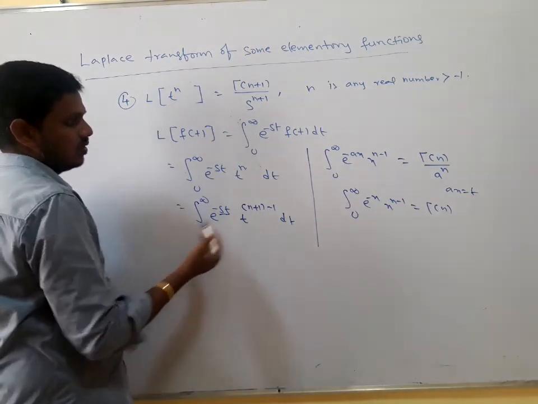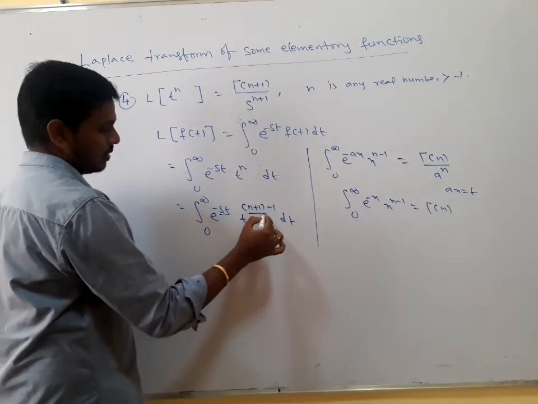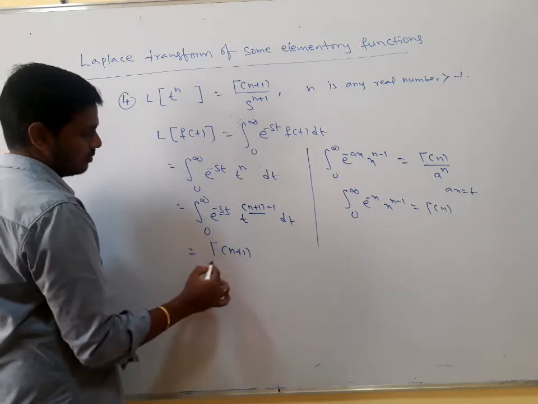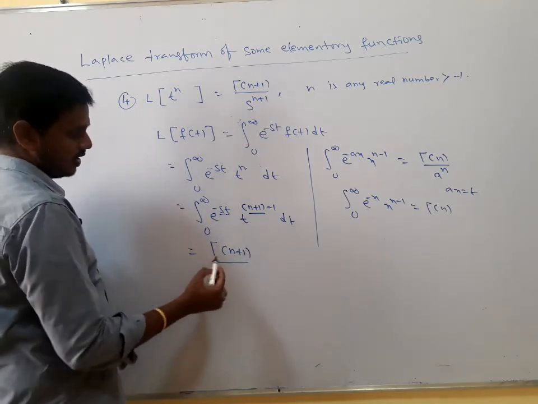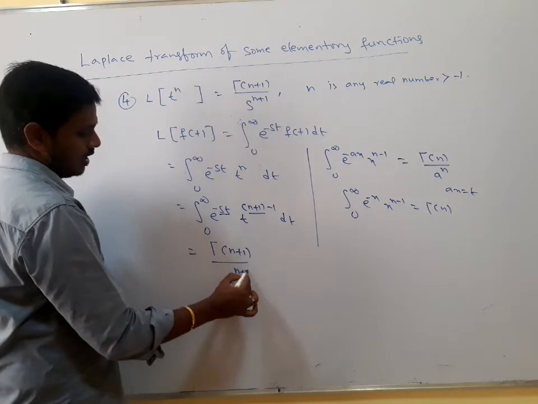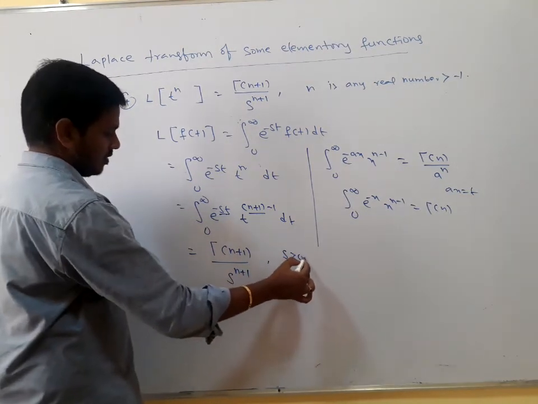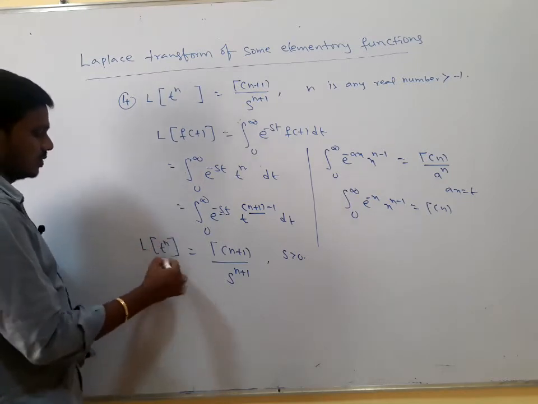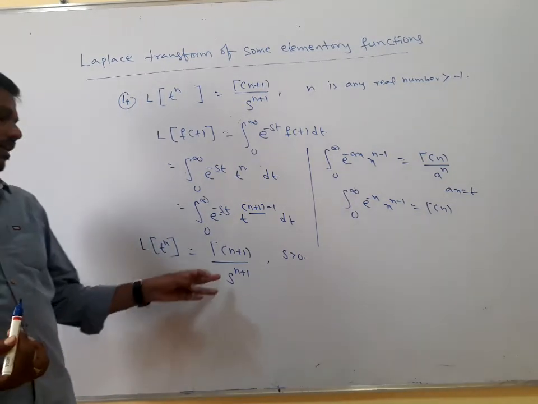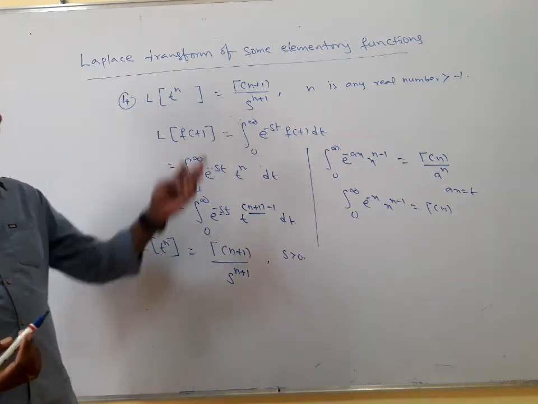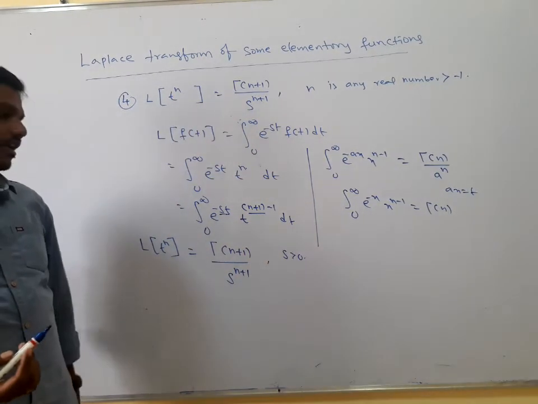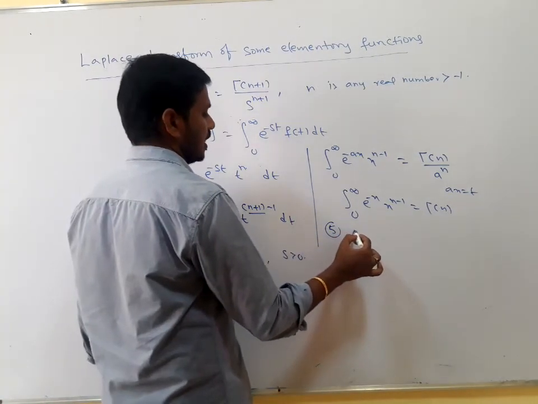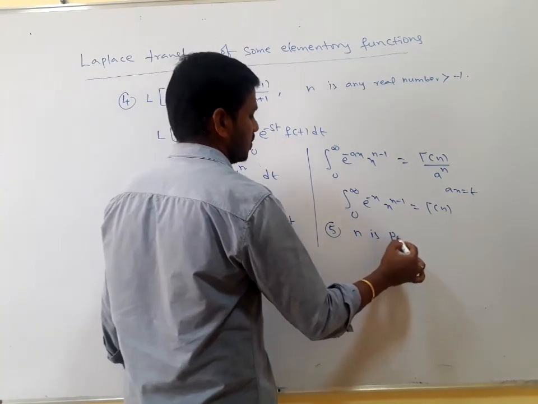A is equal to s, we have, in place of n, n plus 1. So this can be written as gamma of n plus 1 divided by s to the power of n plus 1. It is for s greater than 0. Is it clear? Therefore, Laplace transform of t to the power of n is equal to gamma of n plus 1 divided by s to the power of n plus 1, where n is any real number greater than minus 1. Suppose you take that as the fifth one, if n is a positive integer,